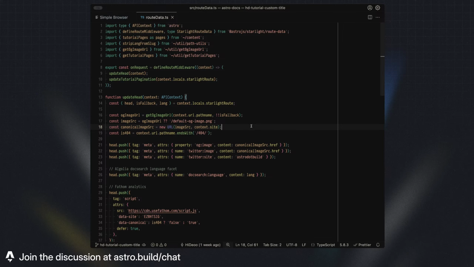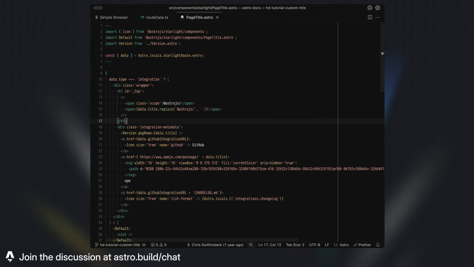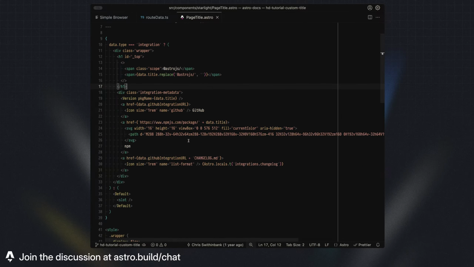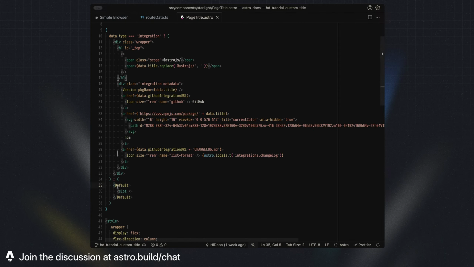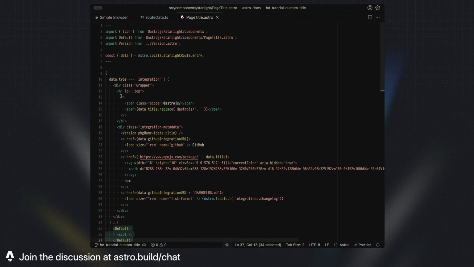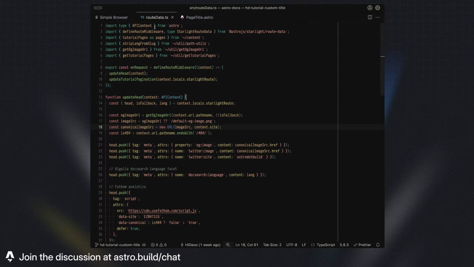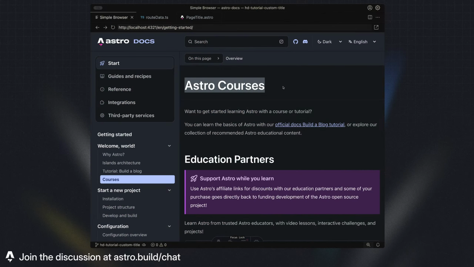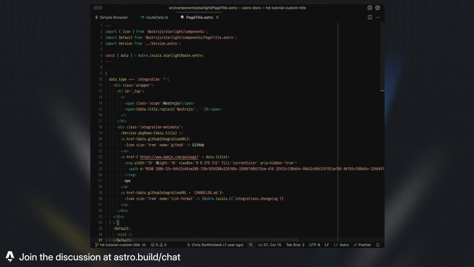So what we are gonna do is that, do we have a page title? Yes, we have a page title override. An override in Starlight is a component that actually replaces a built-in component, and you can either render the default one or do whatever you want, call your own components, render everything totally different. You can do whatever you want. So page title is this,